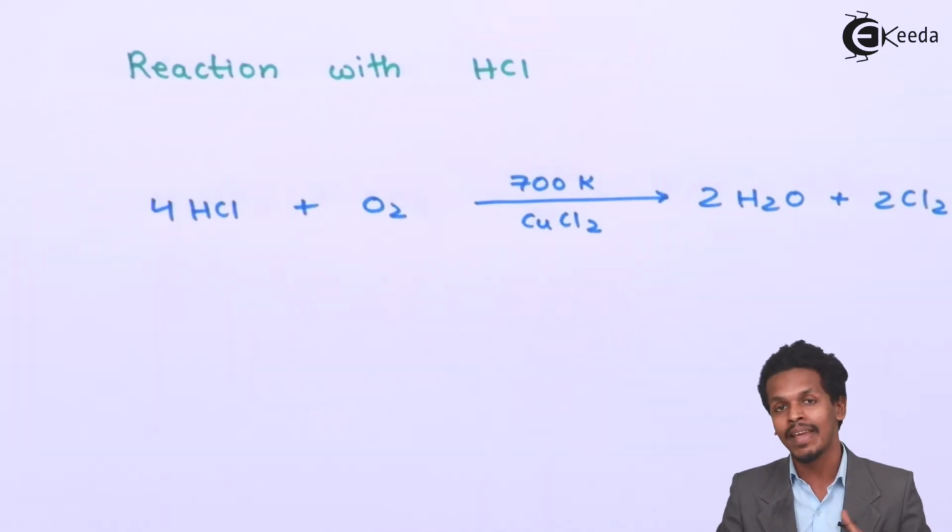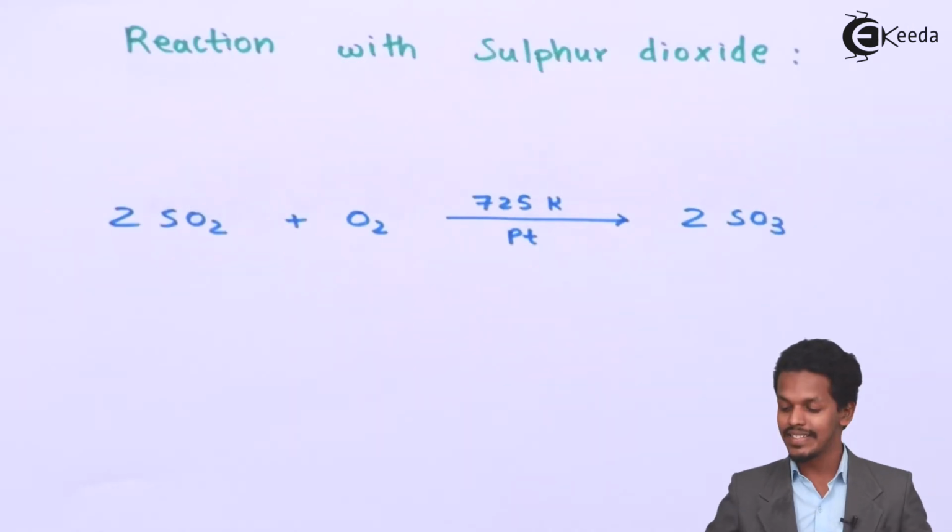So this is how we can easily form H2O and liberate chlorine gas. Now let us move on to the next reaction, which is the reaction of oxygen